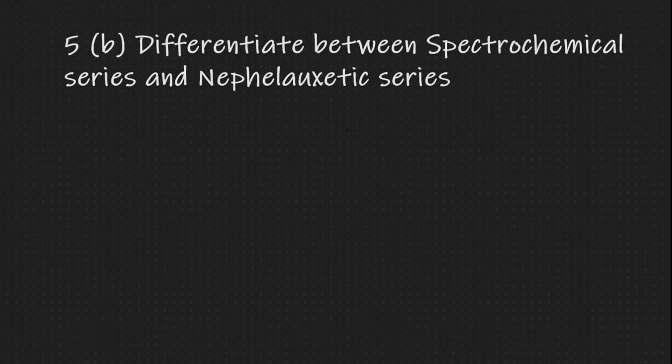Alright, number 5b says differentiate between the spectrochemical series and the Nephelauxetic series. Alright, the spectrochemical series is the arrangement of ligands based on the order of splitting ability and also the arrangement of metal ions based on oxidation number. So, as we said,